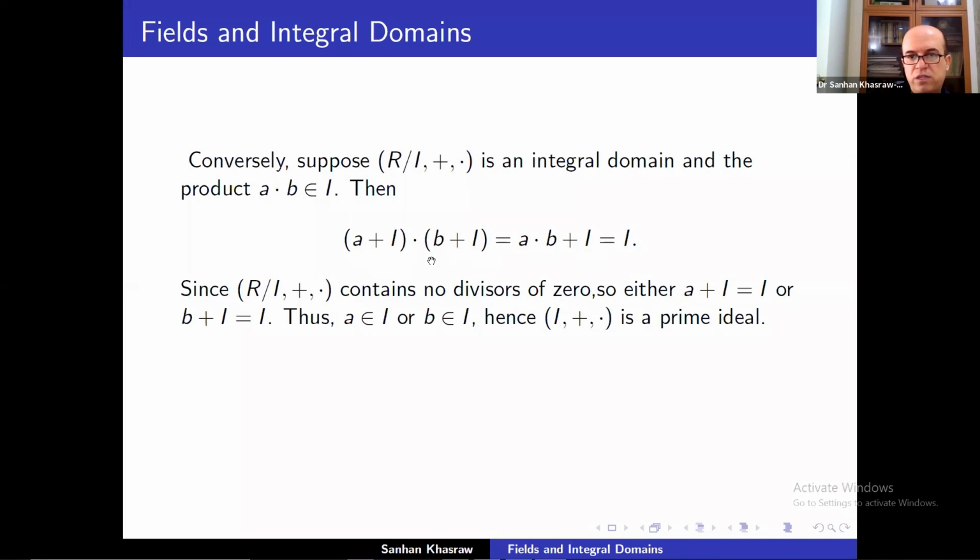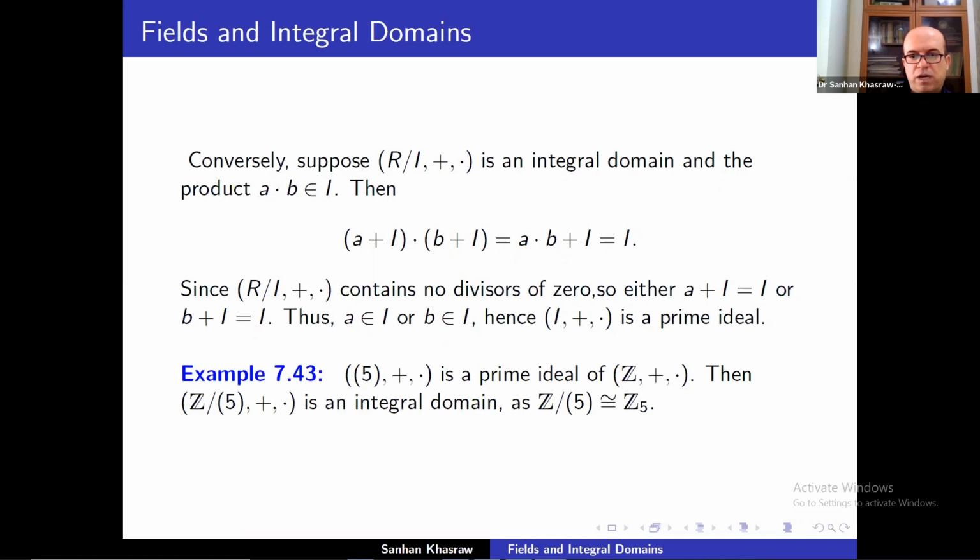So the product of these two elements is 0 in the quotient ring. And our quotient ring is an integral domain which has no divisors of 0. Then one of them must be equal to 0. So either A plus I is 0 in the quotient, or B plus I is 0 in the quotient. In either case, if A plus I is equal to I, then A is in I. And if B plus I is equal to I, then B is in I. So this is exactly the definition of a prime ideal. So then I is a